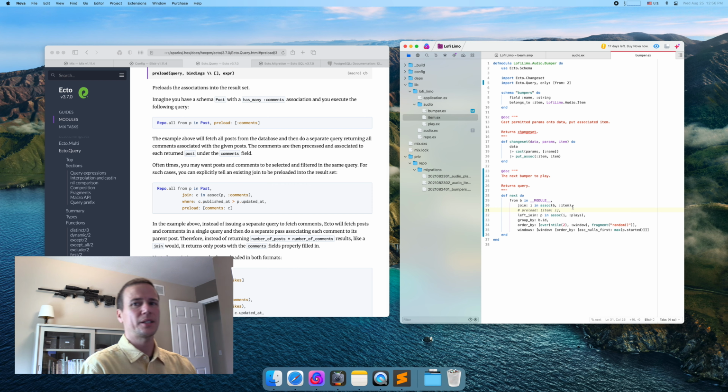Yeah, I mean, in practice, it'd never be a problem, but of course, the query parser doesn't know that. So, because we're doing the preload, it's adding audio items.id and audio items.duration to the select clause. And because we do a group by, so the simplest and silliest thing to do would be